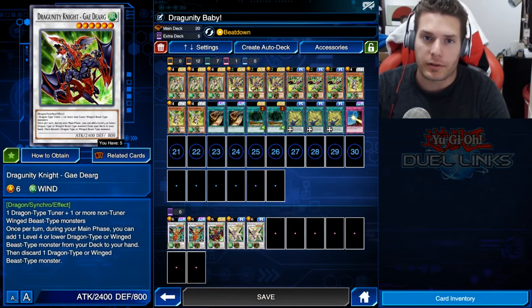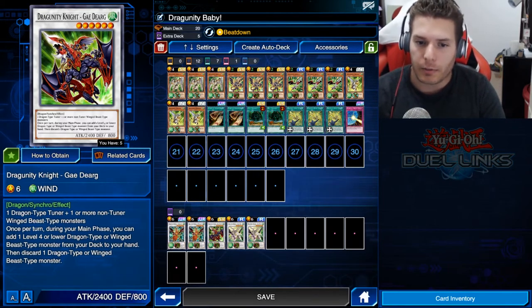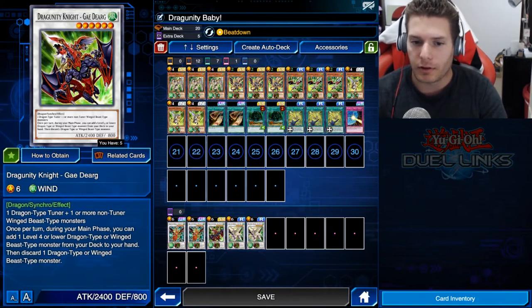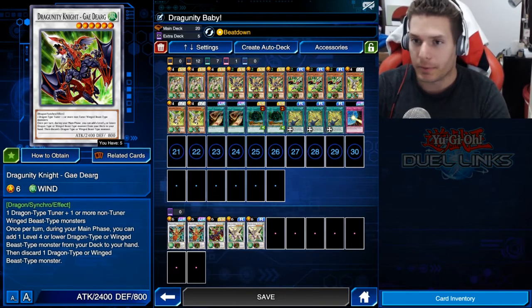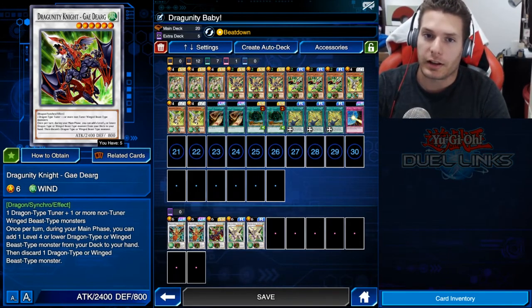I guess the other two Synchro monsters, Dragunity Knight, which is basically once per turn you can add one level 4 or lower Dragon-type or Winged Beast-type monster from your deck to your hand, and then discard one Dragon-type or Winged Beast-type monster. So basically, it's a good way to...